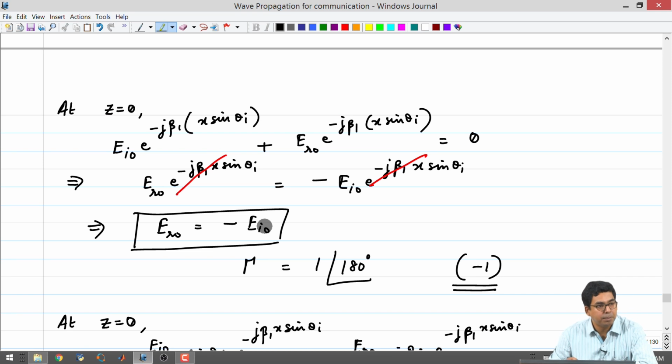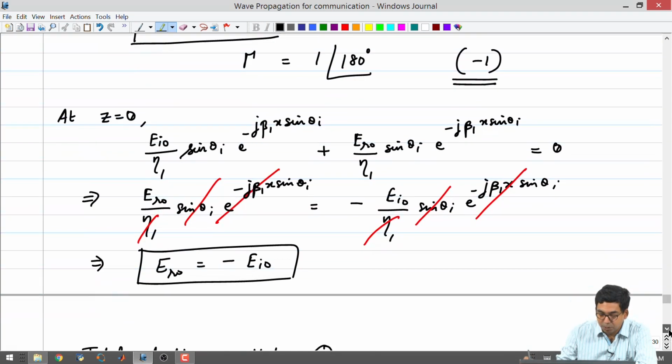So even though we made an assumption that the electric fields are pointing in the same direction, the calculation reveals that compared to the direction that we have assumed, the electric field actually flips its direction. One of the things to remember is that the E field will flip its direction by 180 degrees when it hits a hard metal ideal conductor interface from a dielectric. So the reflection coefficient can now be written as 1 at an angle of 180 degrees. The equivalent condition for the transmission line was the case of a short circuit, where you had the voltage reflection coefficient equal to -1.